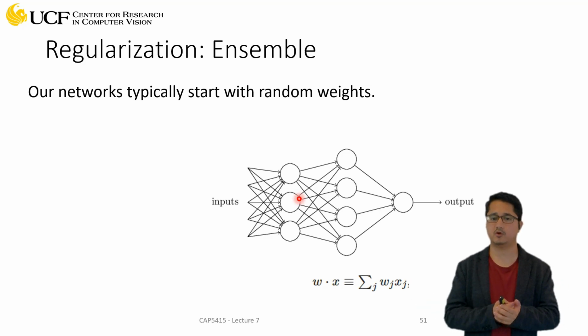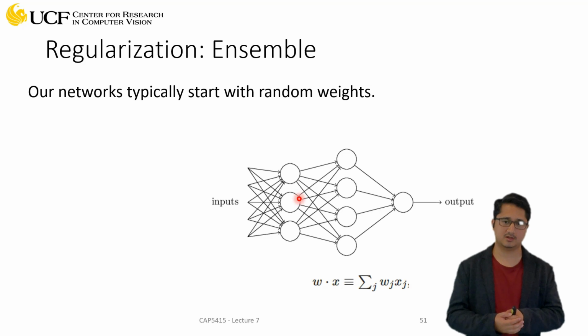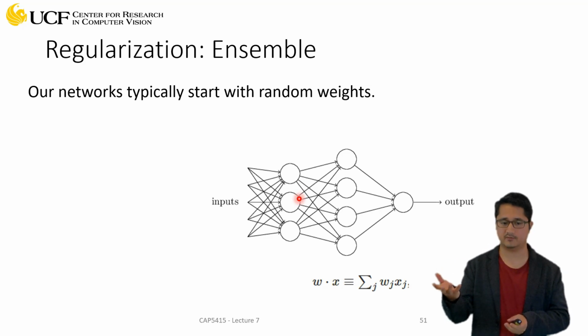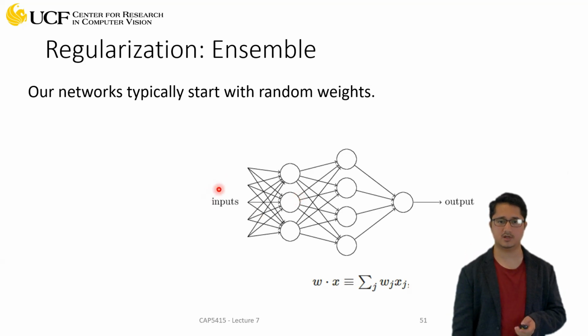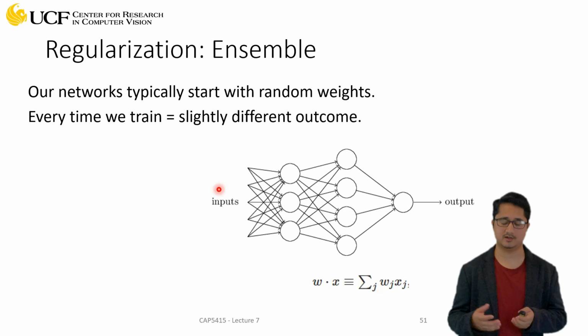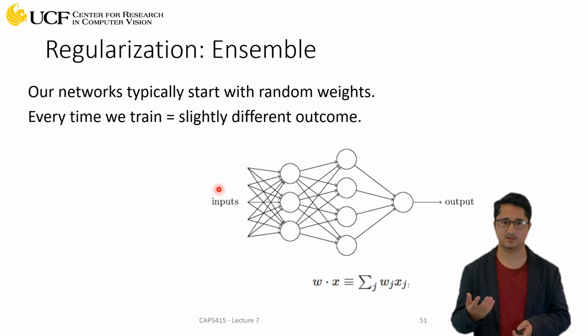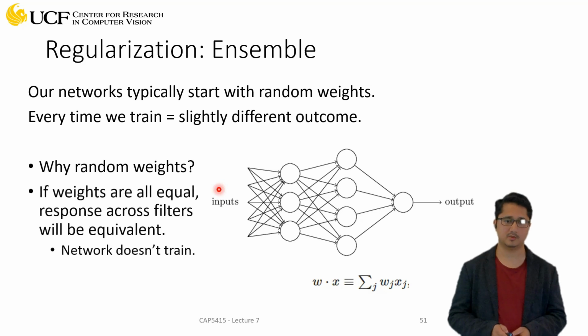If that is so, then at the end, you can, let's say, train 10 different models and then come up with a way to fuse those predictions. You can take the average, or you can take the majority: when, let's say, 5 of the networks are saying it's a cat, then you say it's a cat. There are different variations of how you do that fusion, but the idea is making use of multiple networks. And again, these are not different networks, they are the same networks. The only difference is the initial weights were different. This acts as a very good regularizer, and in most practical scenarios this is what is used. We don't just use a single model, we use multiple models.